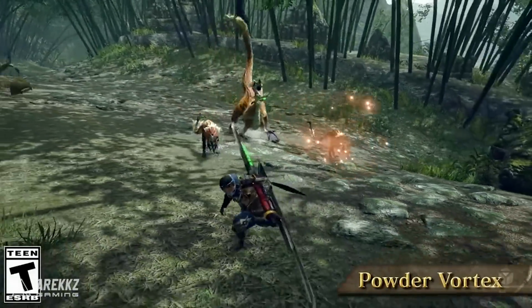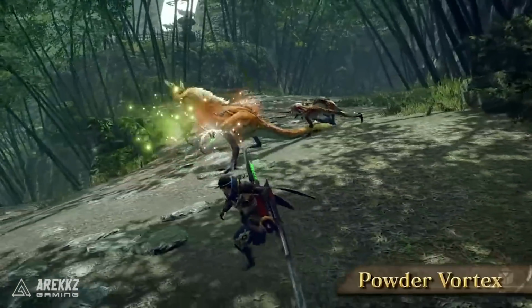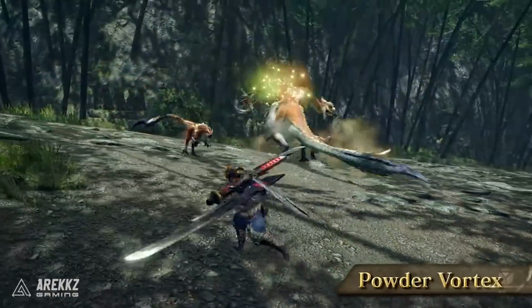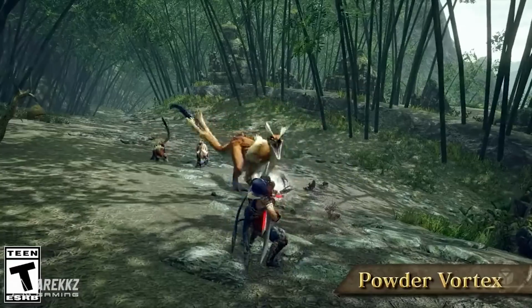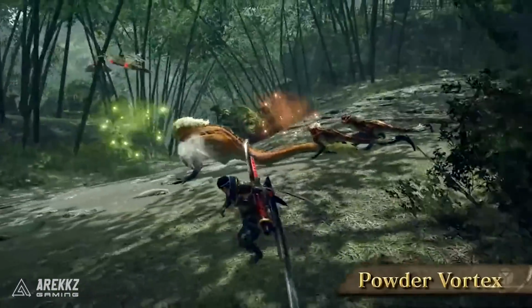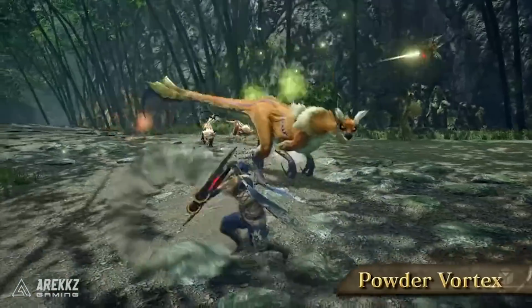The first one, Powder Vortex, collects dust particles within a certain range and causes them to explode. I like this one conceptually because, depending on the damage of the explosion and whether it's actually valuable, it could well be quite nice at making monsters flinch, but often with these ones they can be a little situational, so personally I'm leaning a lot more towards